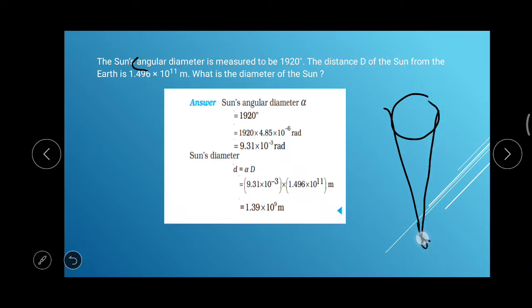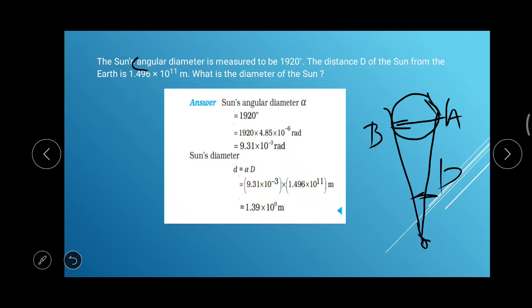So this is the point on the earth from which you are observing the two ends of the diameter of the moon, or sun, as given in the question. So here A is one end of the diameter and B is the other end, and this distance d is the distance between earth and the sun. We have to find the diameter, that is the AB distance, and the angular displacement between the two lines joining the two ends of the diameter is given as